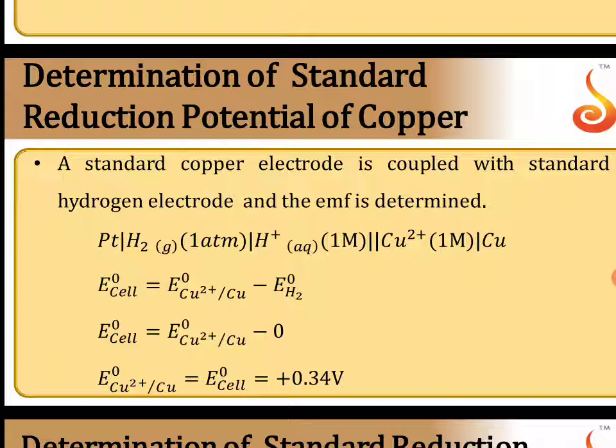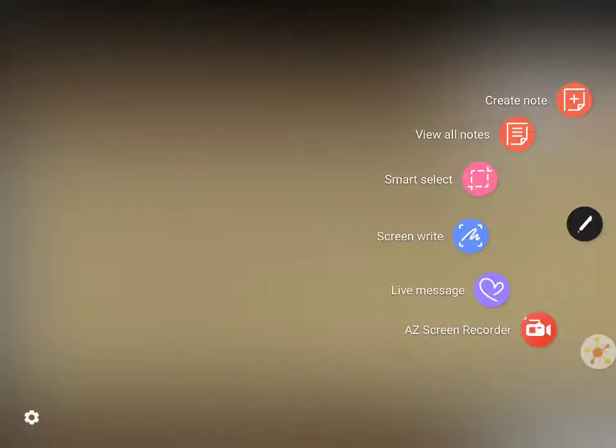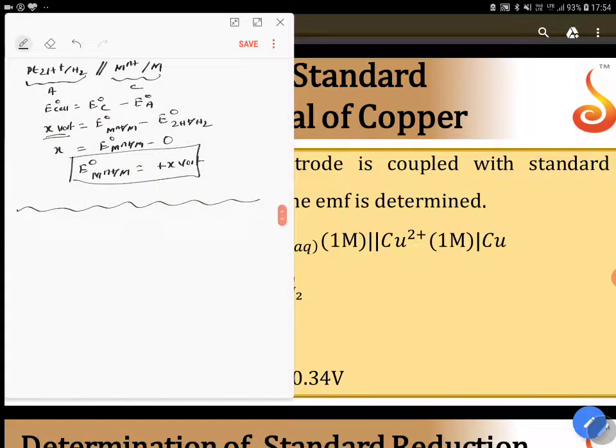In the lab, you are in the lab. They have given you a standard copper electrode and Cu2 plus solution in the beaker, and a standard SHE is given to you, and you are going to measure it. How do you know which is cathode and which is anode without the actual data? And secondly, you will also be given a voltmeter, and you will connect it to a potentiometer also, which shows the direction of flow of the current. Okay, now the following things are very important, because you can get a lot of questions with respect to this.